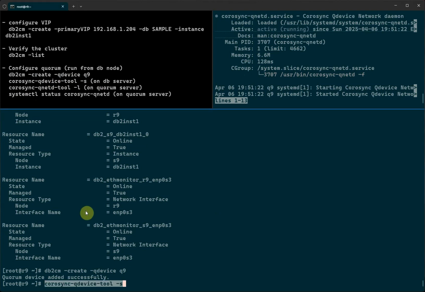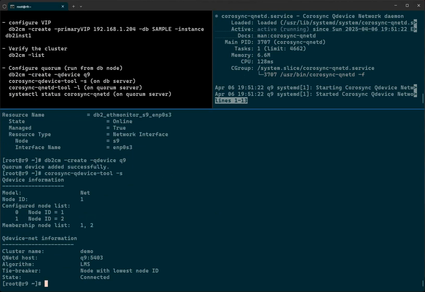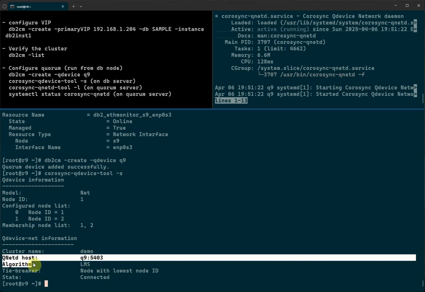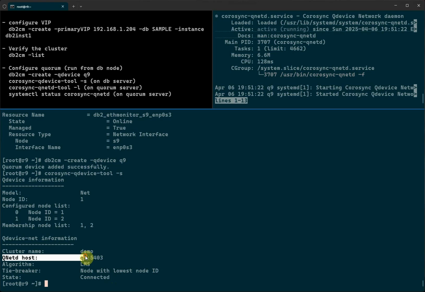Okay, you see, and you can see the status, it is connected, and the QNetD host is Q9, the port is 5403. Okay, so that is the port you need to open. If you have a firewall, make sure the port is open for this, 5403. Okay,